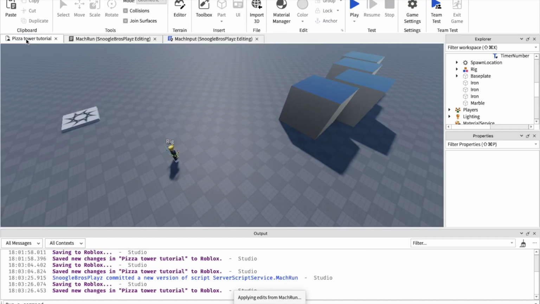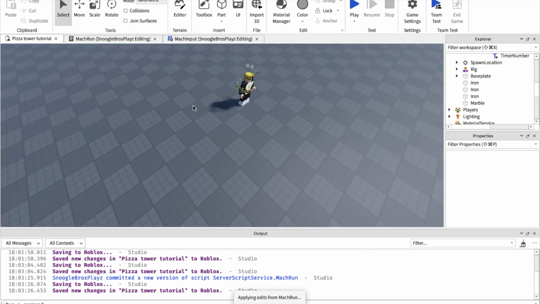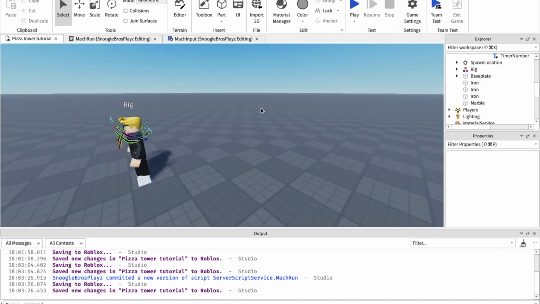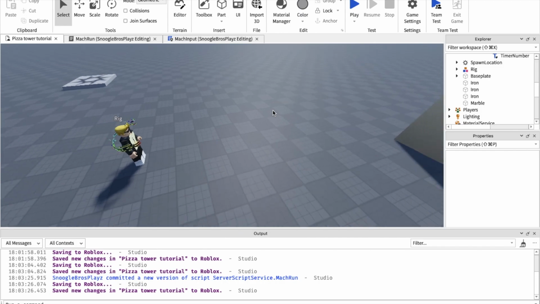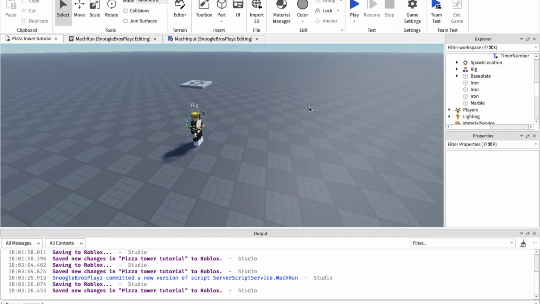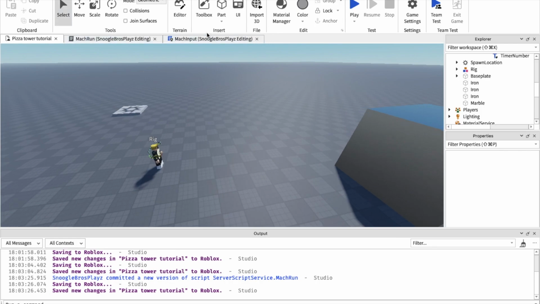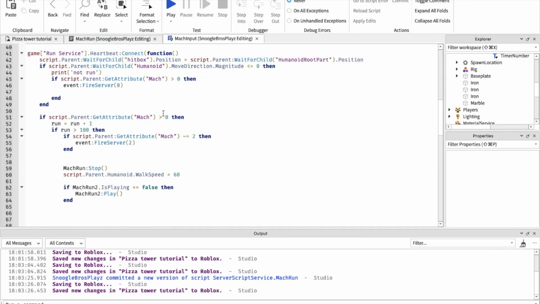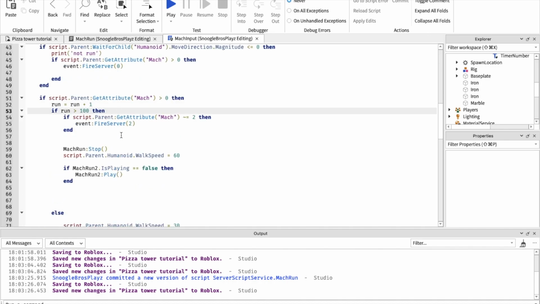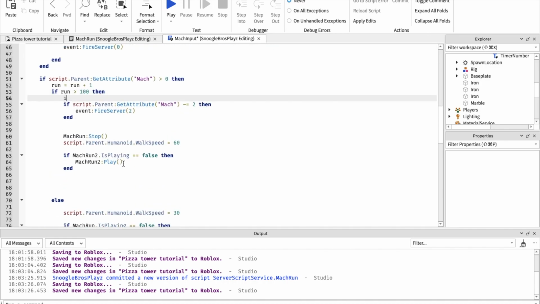Okay, so now we're gonna make a Mach 3. Right now it's only 2 levels of Mach. If you want to go faster, you're gonna have to make your own animation again for the new Mach. After you're done doing that, go to Mach input. You want to go here and put if run more than 400,